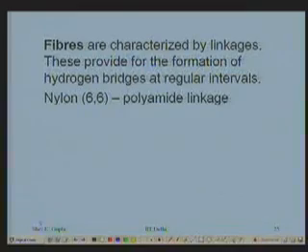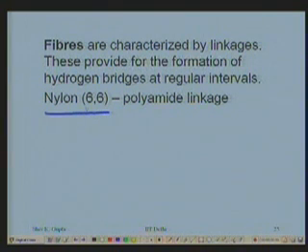Then we move on to the next kind of long chain polymer, the fiber. As I said to start with, these are characterized by the linkages which create hydrogen bridges between the chains. That is important. And we shall look at this with the help of